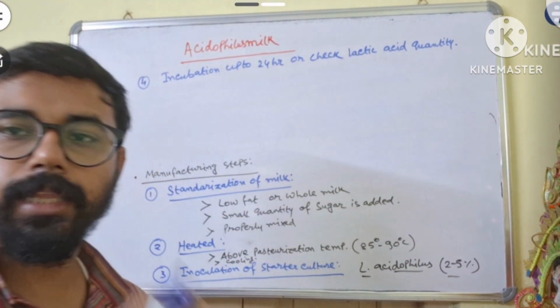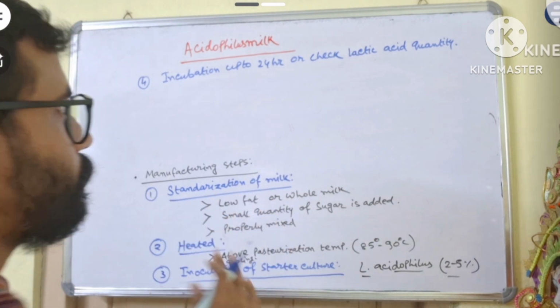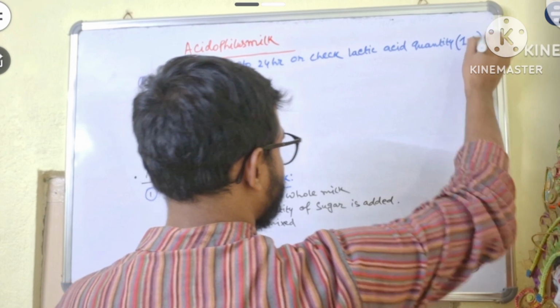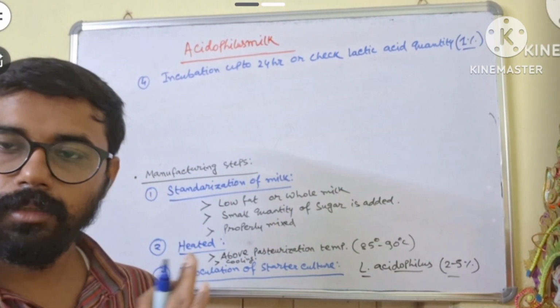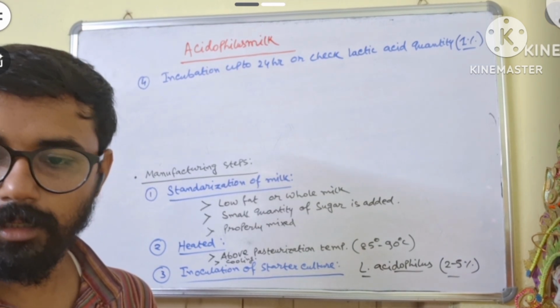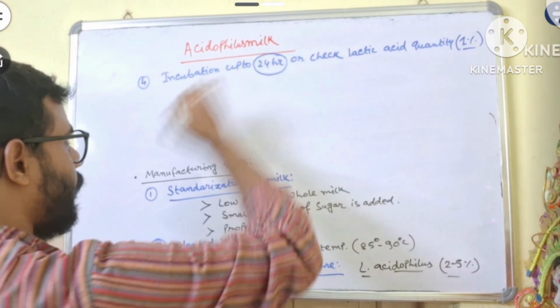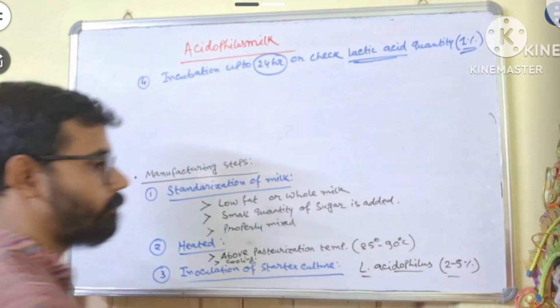So we need to regulate the lactic acid production. When the lactic acid produced reaches 1% in the mix, the reaction is going to be stopped. Clear? So you just need to incubate for a set time or check the lactic acid quantity,